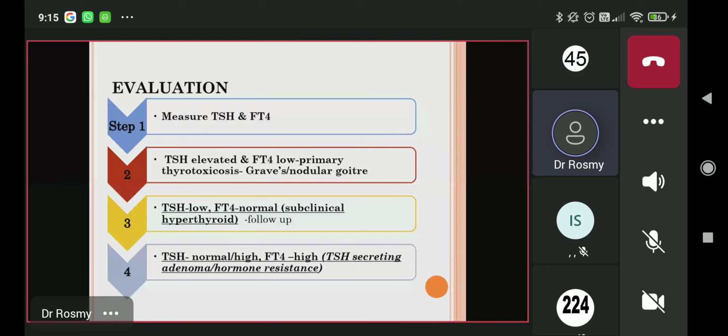So here what you are sending is TSH and FT4. That is the free or the unbound fraction of the T4 thyroid hormone. So can somebody point out a mistake which is there in the slide? No. So the step 2, I have written that TSH is elevated. Actually, if the gland is producing extra, TSH will be elevated or decreased? Decreased. So that is the mistake.